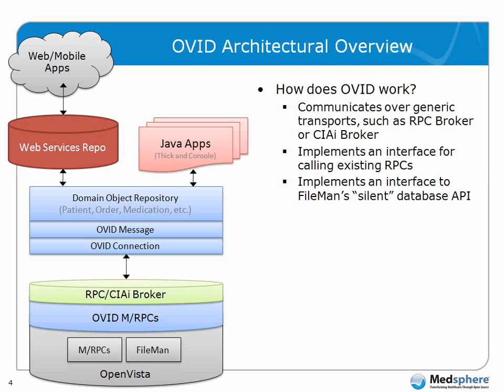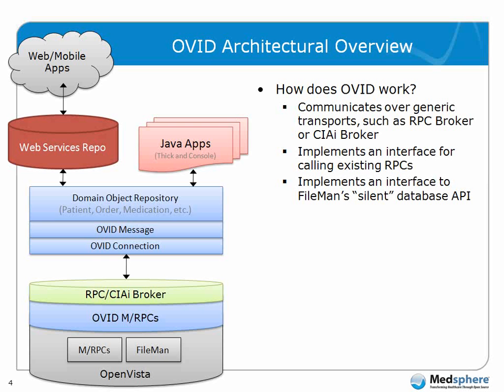If both the web services repo and the Java apps have the concept of a patient, they would use the same domain object for patient, or they could use the same repository object to get the information about the patient. Going down a little bit further underneath the domain object repository,